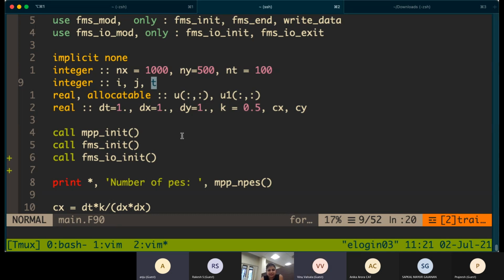Others, please mute those who don't speak. Hello. Yes, Prajesh, we can hear you. Can you see my screen? No, we are not seeing your screen.